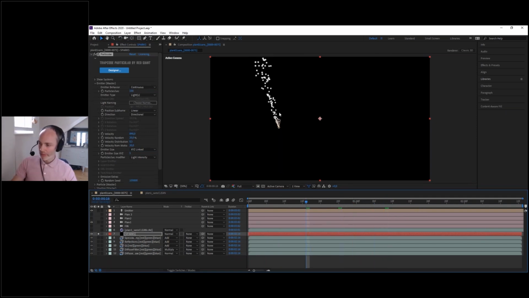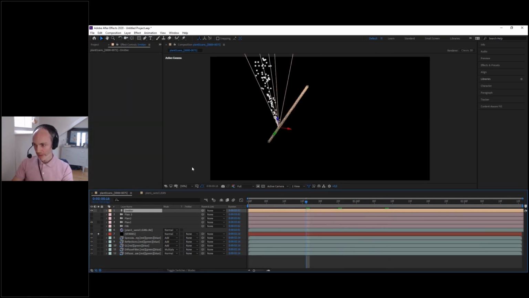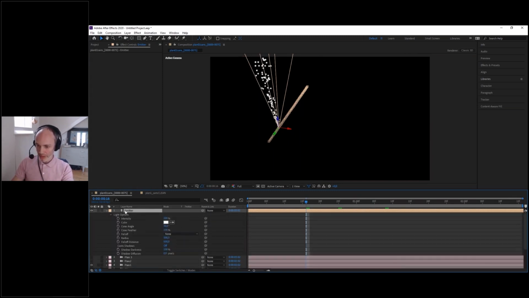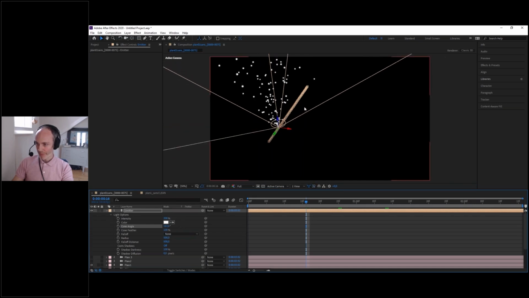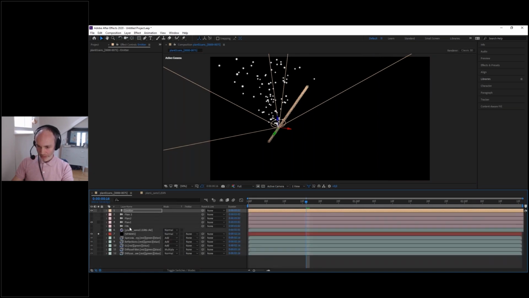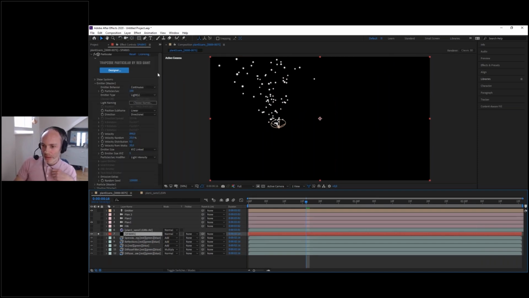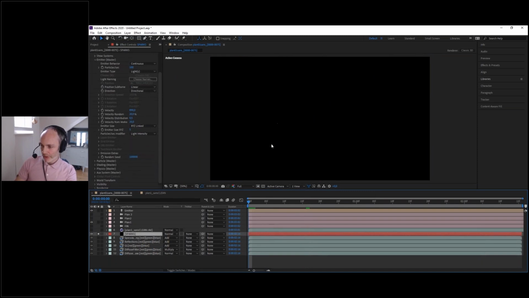Okay, so it's very narrow here because our light is very narrow. So if I just hit AA to show the 2D option, I'm going to use the cone angle and increase it. And now I have particles that are spread out. Okay. Let's go back to my particles. And now they're just shooting straight forward and nothing happens.